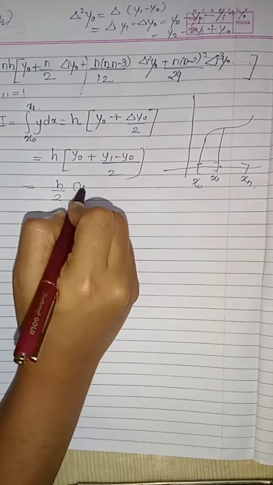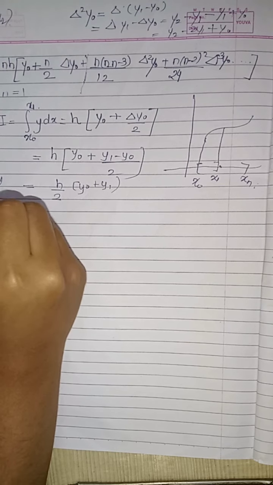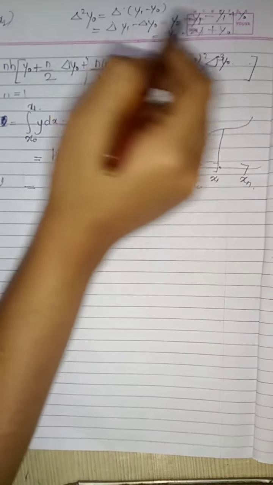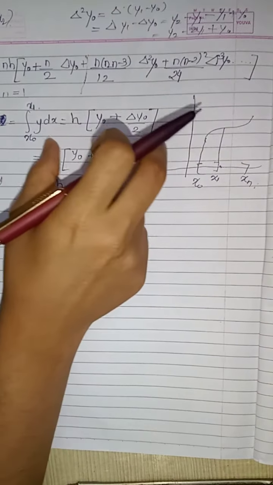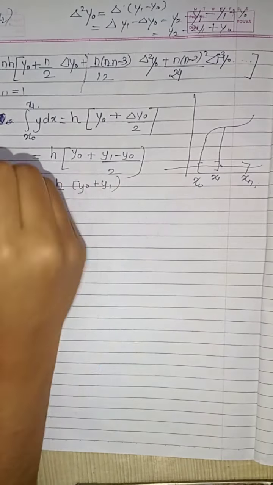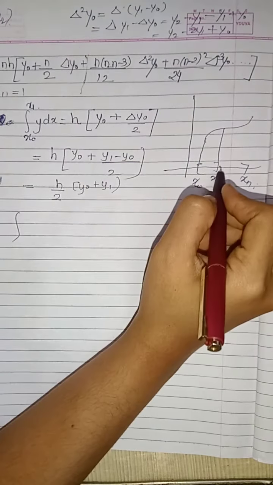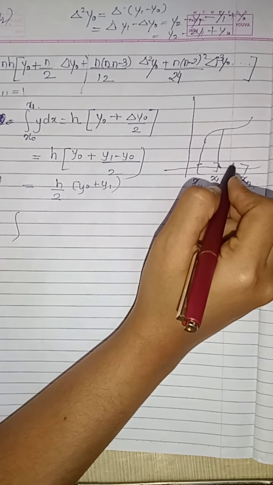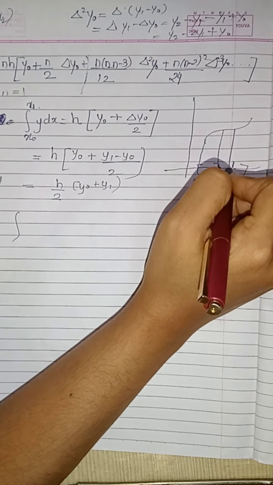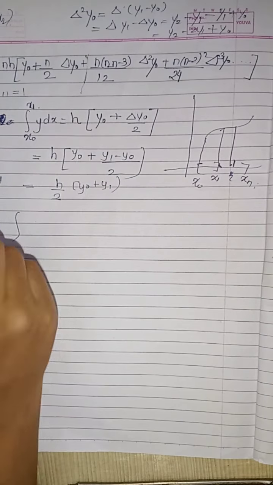Okay. Actually, this won't be I, because I is the entire integration. We are taking just part of it. So we'll just consider one integration from x0 to x1. Similarly, if you consider another integration over the next part, that is from x1 to x2, so if this is x2, and you want to calculate the area under this part, we will get